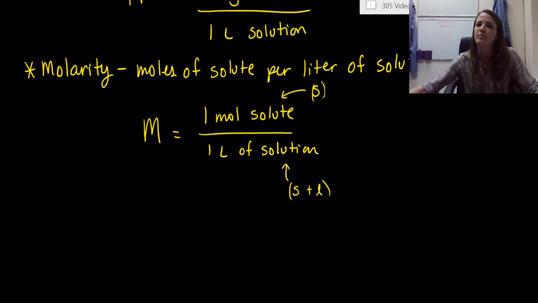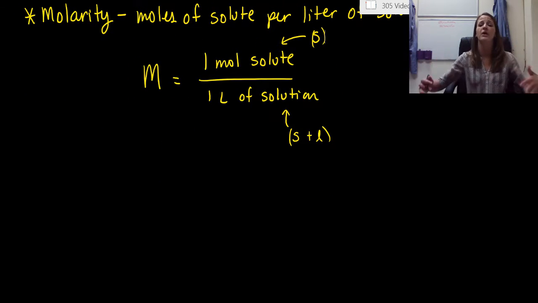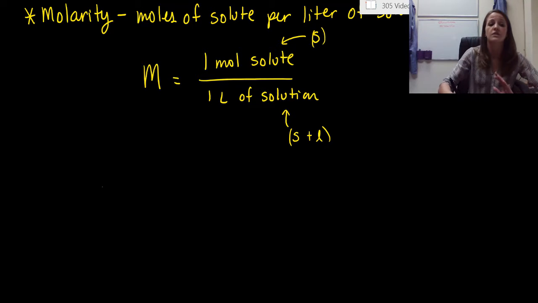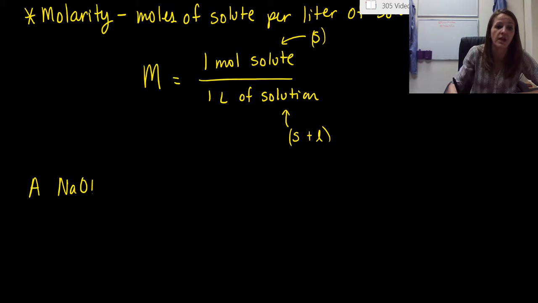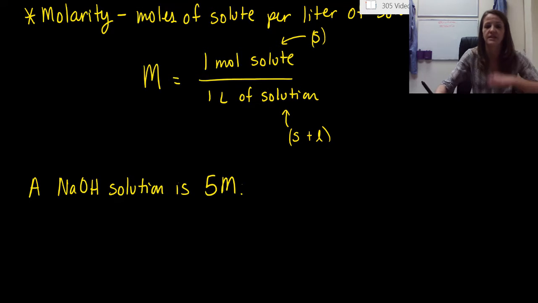All right, now the best way to practice molarity is to just do a bunch of different dimensional analysis problems. So I have 3 of them prepared for you here. So let's work through these together. The first one we have is that I'm going to tell you that a solution of NaOH, so an NaOH solution, is 5 molar. Okay, 5 molar. So that's how you say that. A solution is 5 molar. Now the question is, how many grams